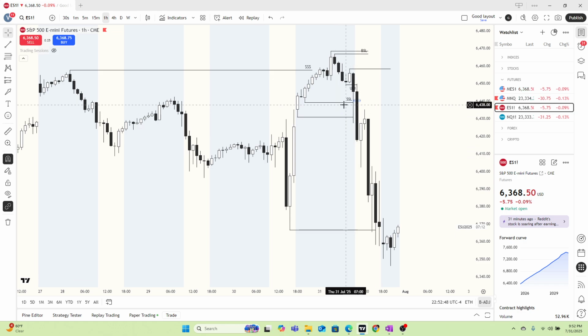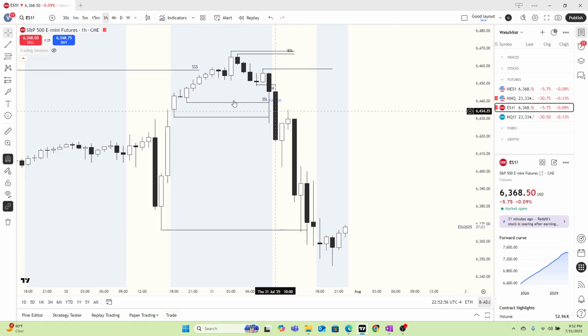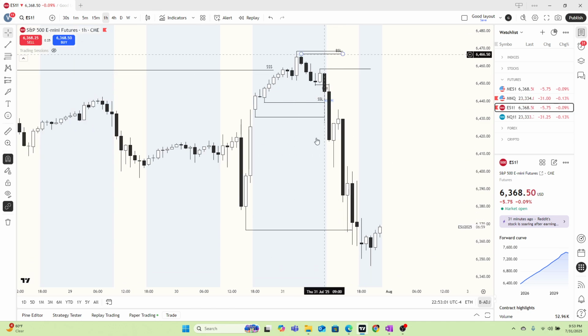This is a big area of confluence. There's no liquidity below us. We probably need a retracement before we come fill this final objective. But the thing I was off about today was the final objective. I was thinking this is just a down retracement move right here, and we're going to pop up off of here. In reality, this was the down move, retracement back up, and then we fill the objective lower.